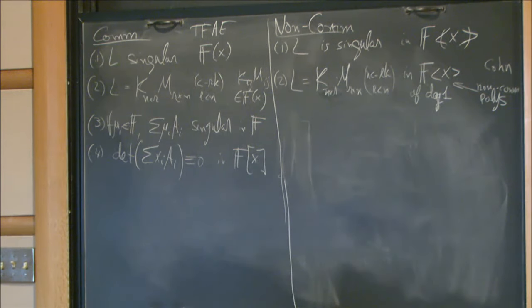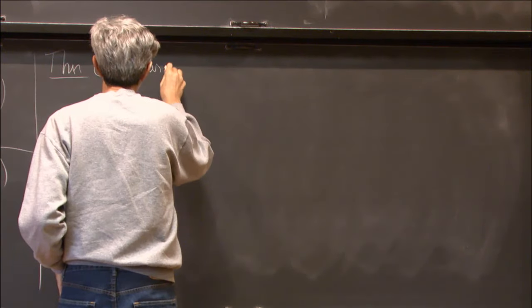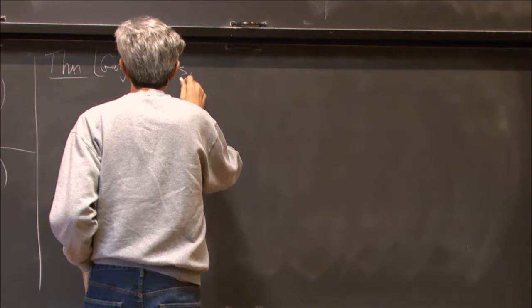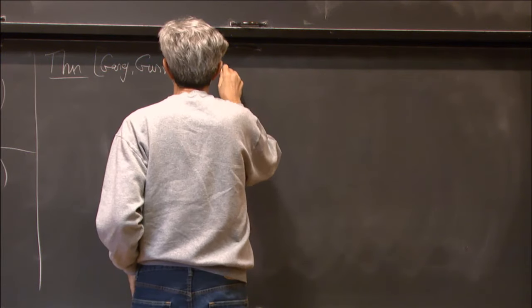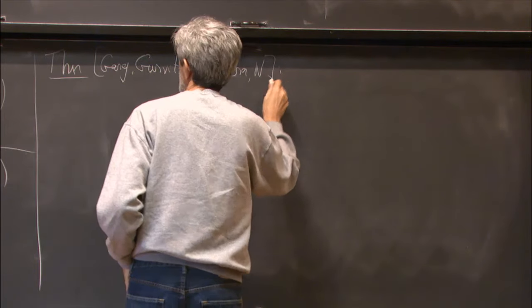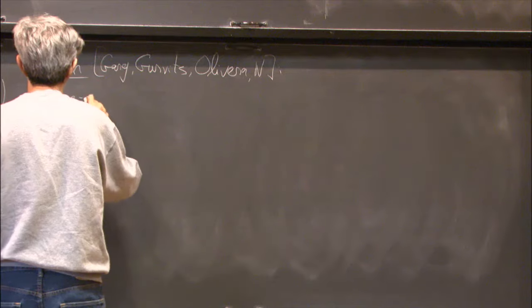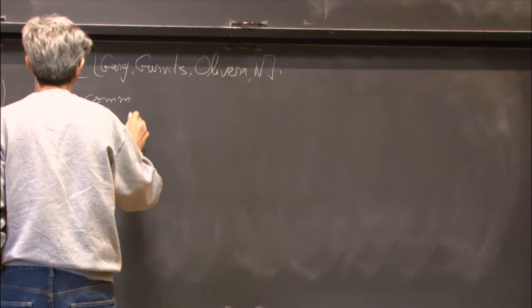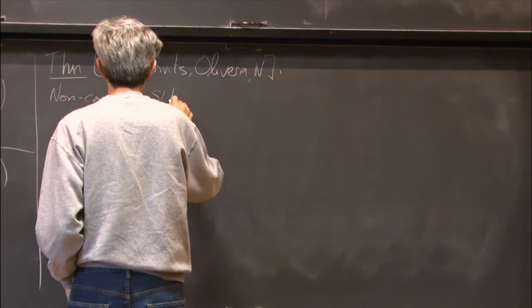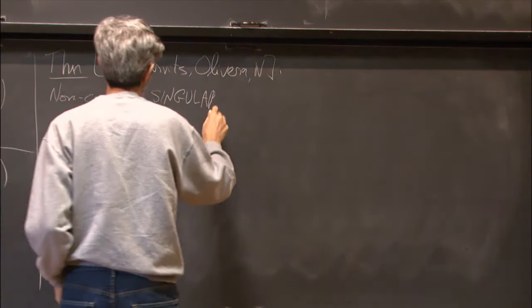Now, the main theorem, of which we are going to get a sketch of the proof, is with Garg, Gurvits, Oliveira, and Wigderson: the non-commutative singularity problem, the problem written here,